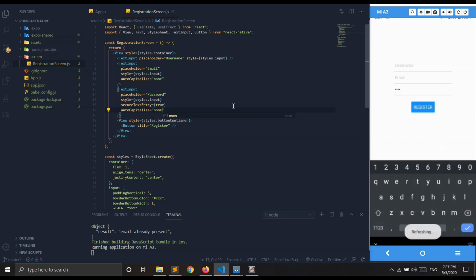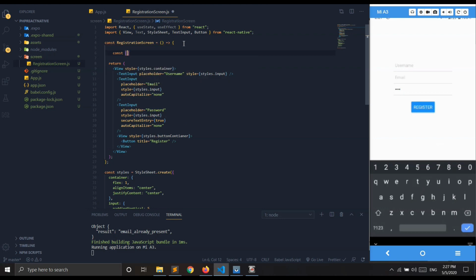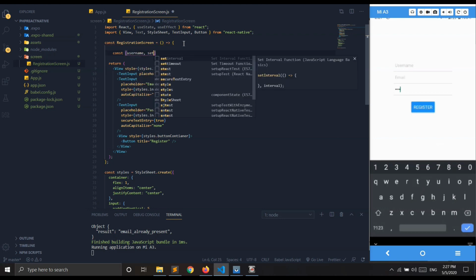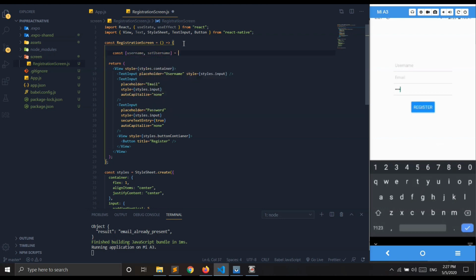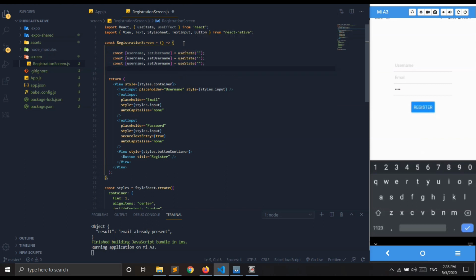Now for these three text inputs I want to create three variables. Const first will be username, setUsername, with useState and an initial value goes here. I'll copy this.